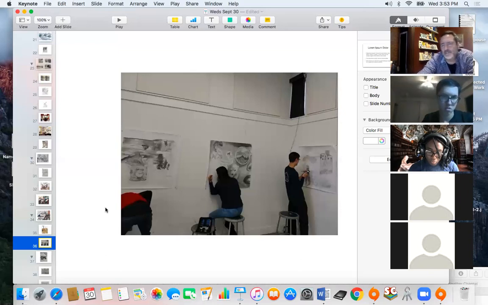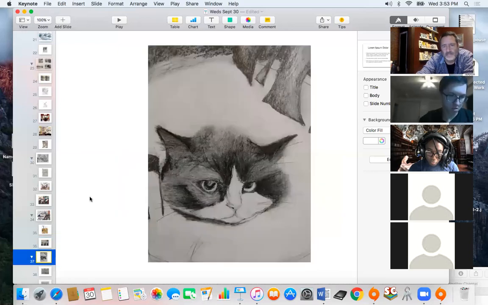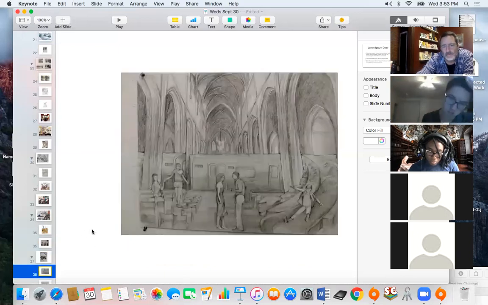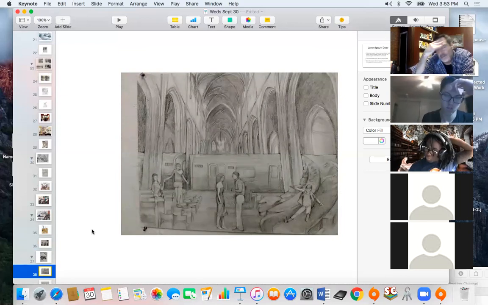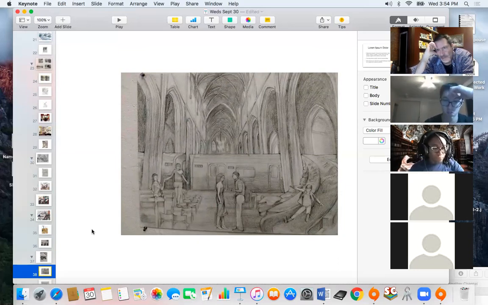What that really is, is thinking about how you will approach the form. By the way, here's a detail of a cat from one of those big drawings. This is an 18 by 24 drawing. It's really elaborate though, right? It's got a lot invested into it. But when I look at this, I might think about how long it would take to do that. As your professor, I actually don't think, in the big picture,